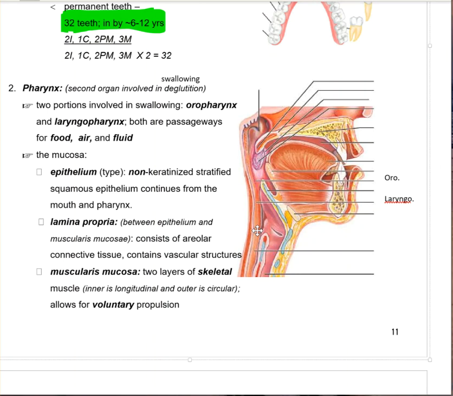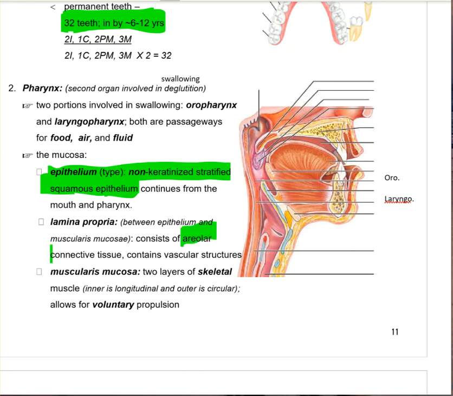Now, what is the epithelium type? It is stratified squamous epithelium. It's non-keratinized. It doesn't need to be waterproof. So it needs to be abrasion proof, right? It has to withstand layers coming off due to foods that we eat that might be too rough, or things that go into our mouth. Like if we burn some part of our mouth, we want to be able to have other layers that are healthy below. The lamina propria underneath it is going to have that areolar connective tissue we talked about already,